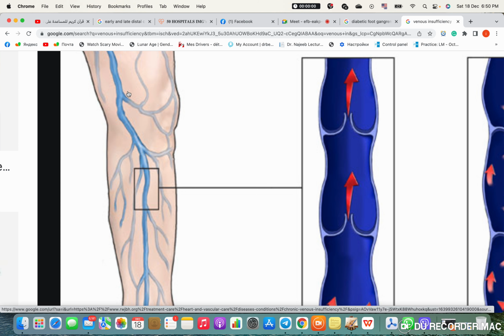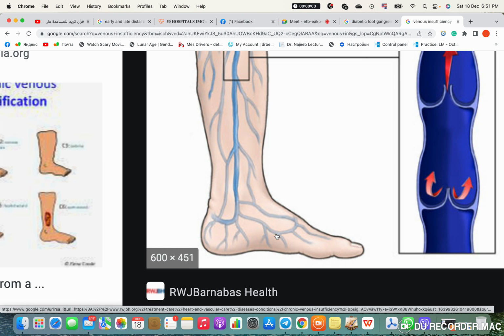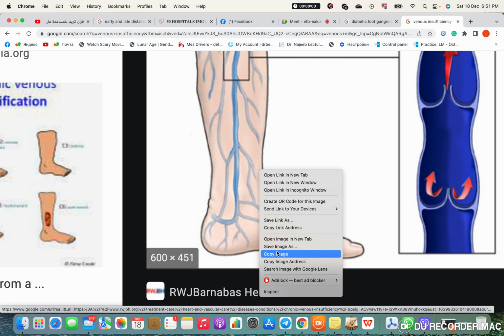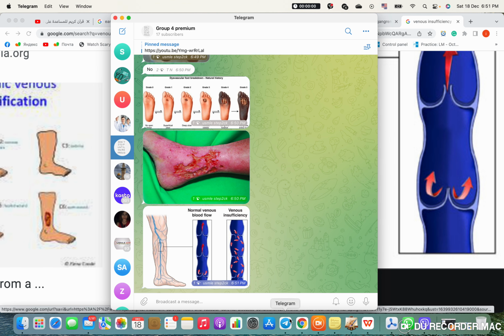If you take a look here, let's say in venous insufficiency, the blockage was here. So all of the blood will go down to the area where everything goes back to. All of the veins from your leg, all of the veins from the side of your legs, will go back to this area. What is the name of this area? We call it the malleolus, okay? Because all of the blood drains back to that area, it's the malleolus.